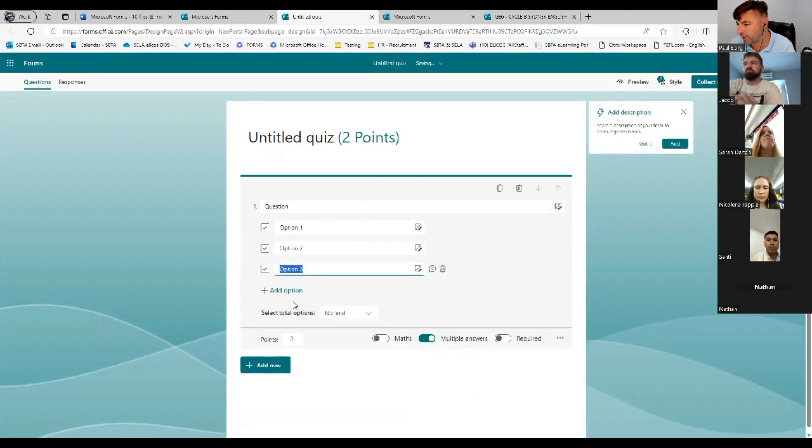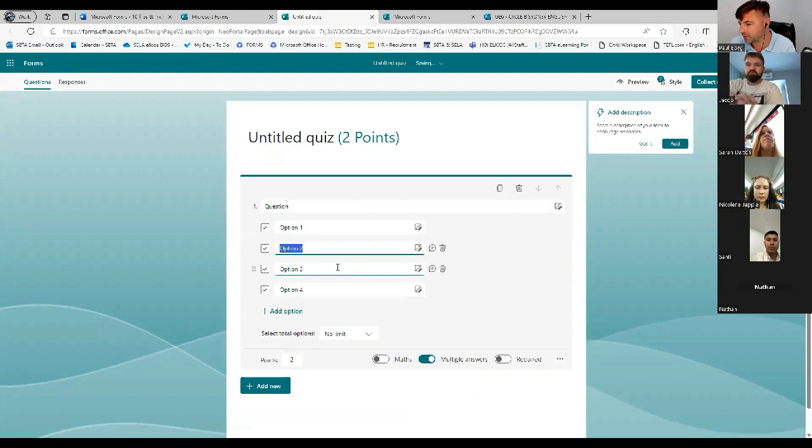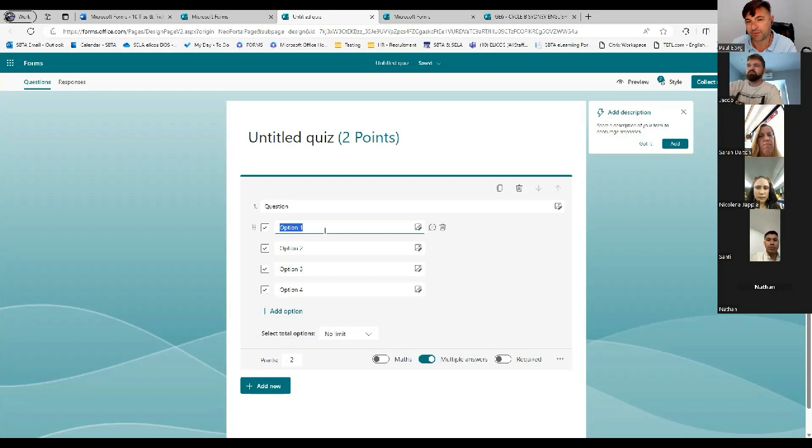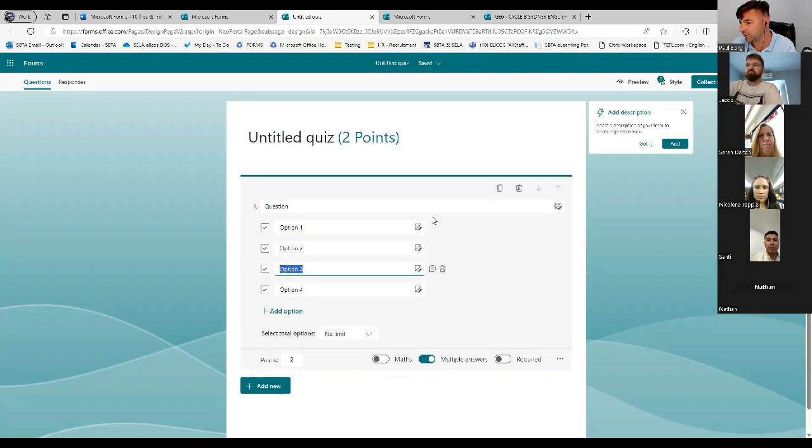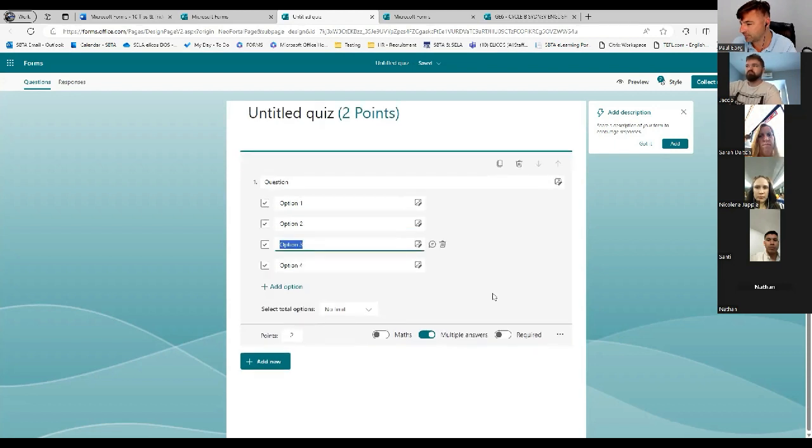So, you know, if there's more than one possible answer that could be correct, or perhaps actually if there's 2 answers that are required for a particular question, you would have multiple answers. In other words, they would need to tick both of them in order for it to work. Then there's required or not required. So that just means they have to do it. Over here, you've got shuffle options. So if you shuffle, it just means that,